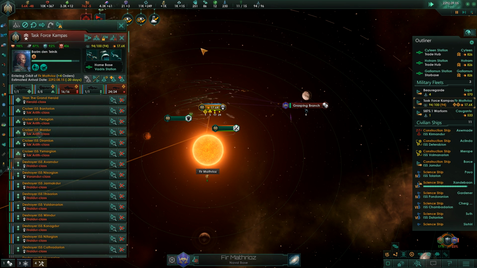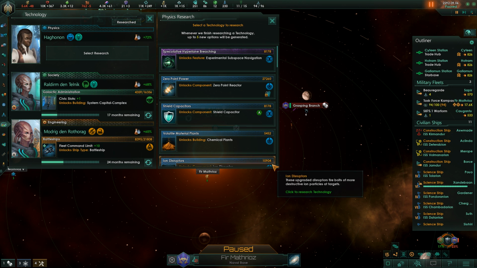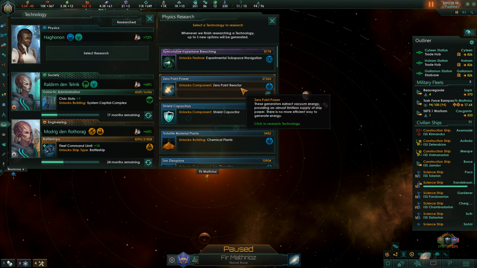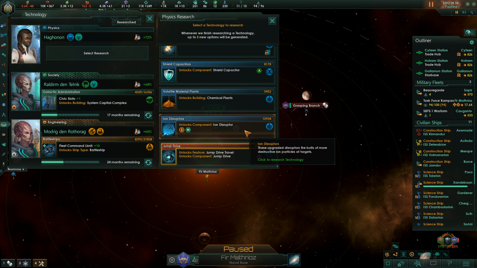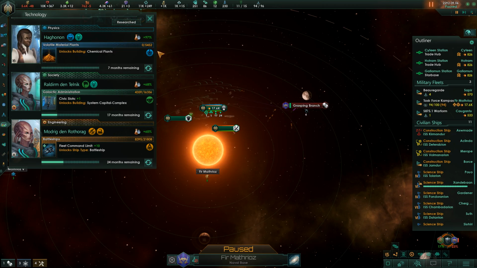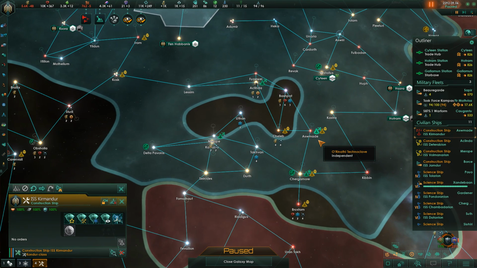Research concluded. Yeah, we also have to upgrade the fleet, but we can't upgrade it while we have the Titan with them. Lest we forget. All right, zero-point reactor will help with my ships. Let's go ahead and research the chemical plants just so that we can have that research concluded. And we don't have any